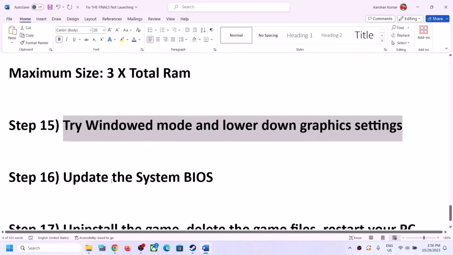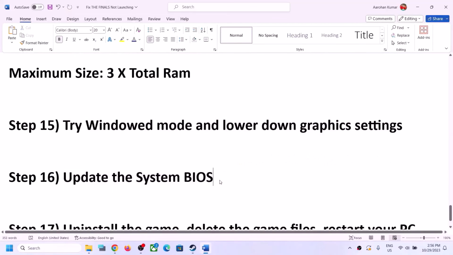Now the next step is to update the system BIOS. For this, go to your system manufacturer website. If you have a Dell computer, go to Dell website. If you have a Lenovo computer, go to Lenovo. If you have HP computer, go to HP website. Go to your system manufacturer website and select your model number. Make sure that you select your computer and then find the latest BIOS update available, and then update the system